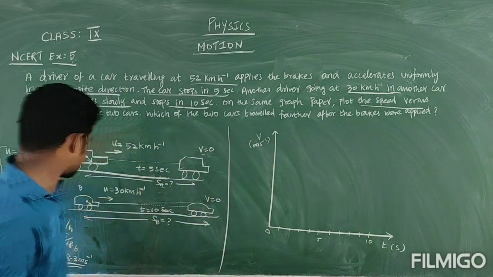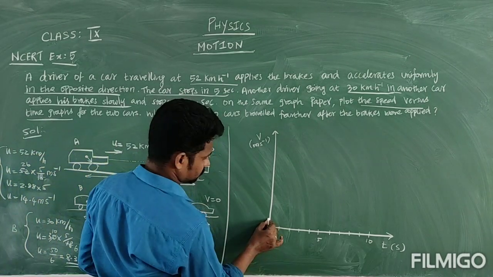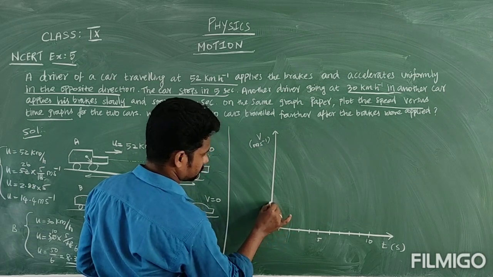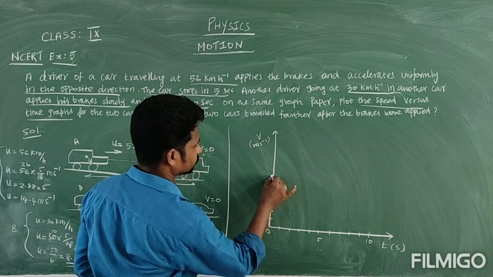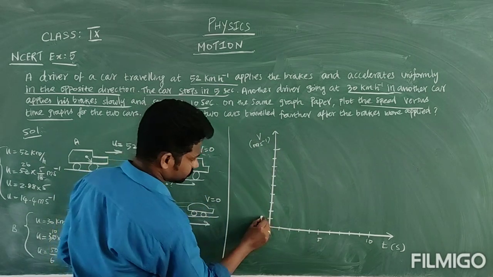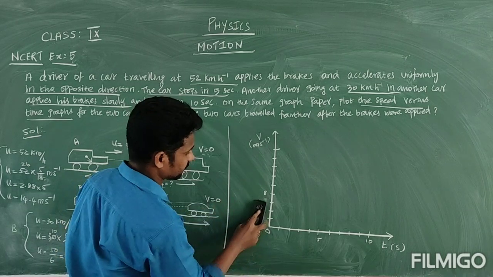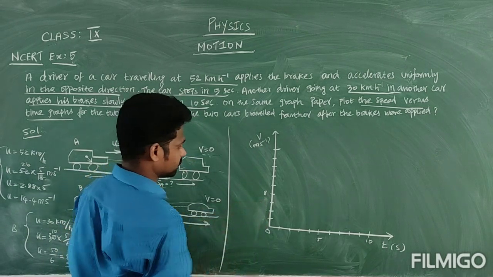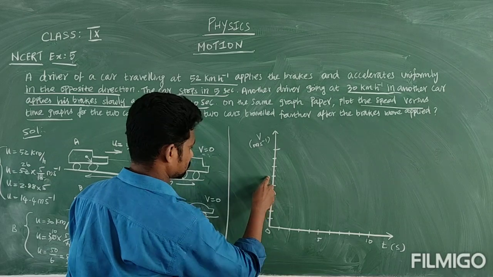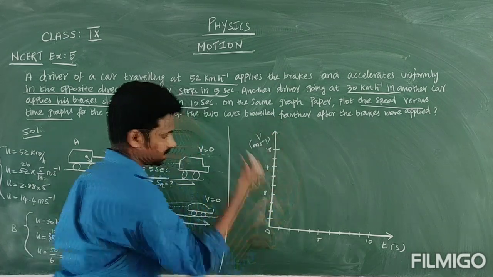Then in the y-axis, what is the speed value? Here 8 point something, here 14 point something. So better I can take 2, 2. So 2, 4, 6, 8, 10, 12, 14, 16. Like that it is going. So 8 is the main part, and for the remaining items you can focus here: 8, 10, 12, 14, 16, 18.